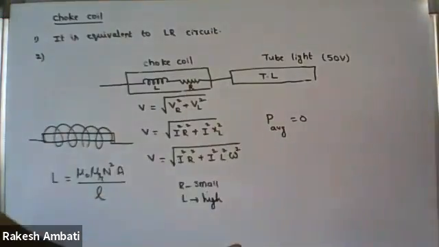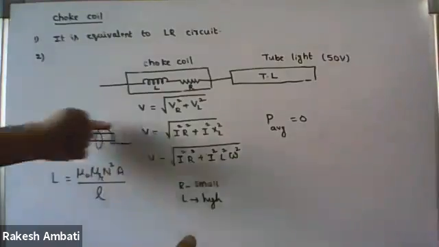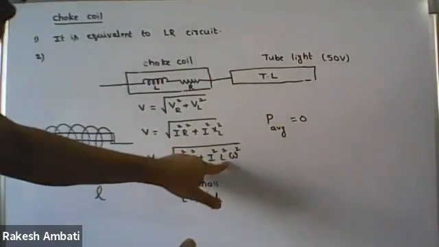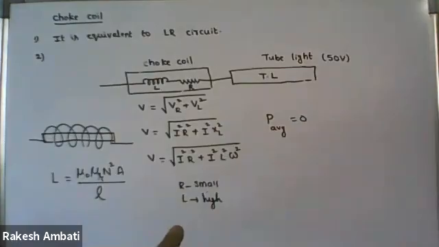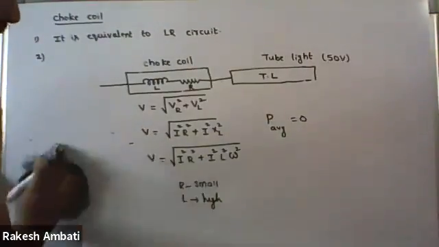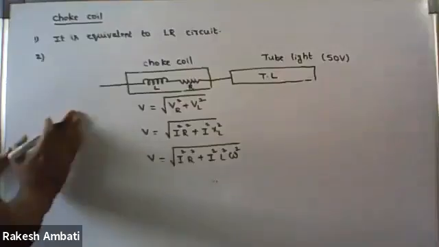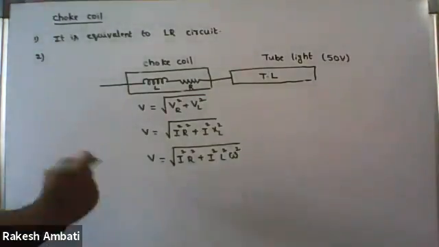But how to increase inductance? By inserting soft iron in between the turns, automatically the L value increases. If the L value increases, the resultant potential increases. Is it clear, all the points? Yes, sir. Now draw the figure and note down the points as it is.